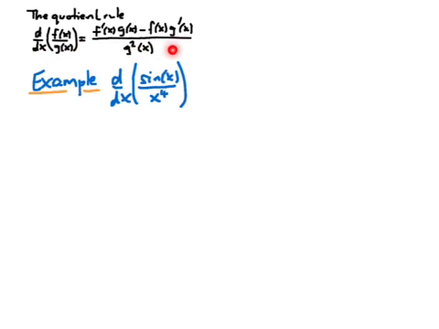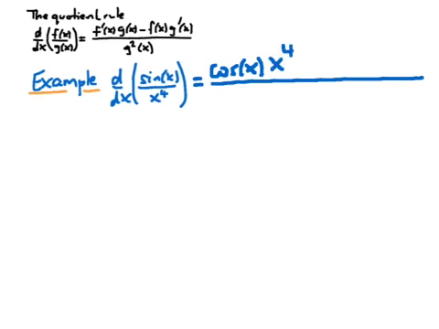So I've written here for reference the quotient rule, and I want to use it now to differentiate the sine of x divided by x to the fourth. So our numerator is the sine of x, so I'm going to differentiate that, and I get the cosine of x multiplied by the denominator, which in this case is x to the fourth, minus, and then we take the sine of x, that was our original numerator, and we multiply that by the derivative of the denominator,